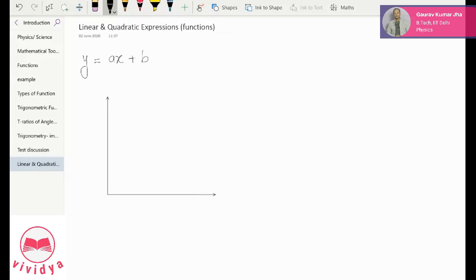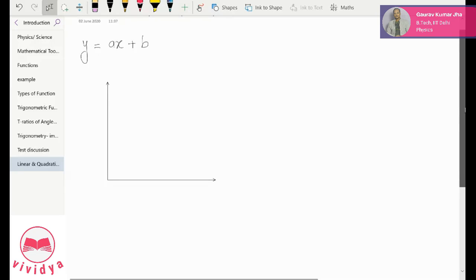So let us talk about a line. Again, now we are building up our graphical aptitude. The things I want to discuss with you in the course will relate to all these basic things. So yes, it's a straight line. y is equal to ax plus b is a straight line. You know how to draw a straight line. If I give you an equation, can you draw a straight line?